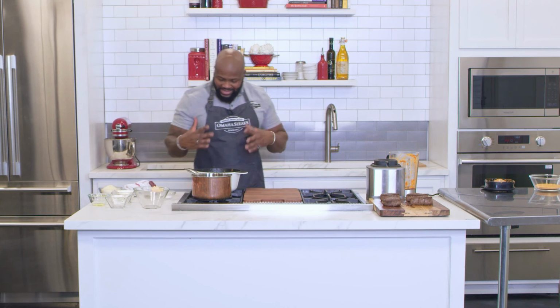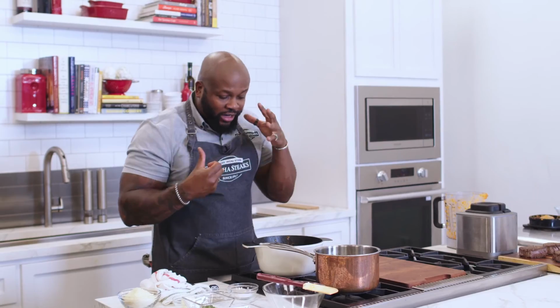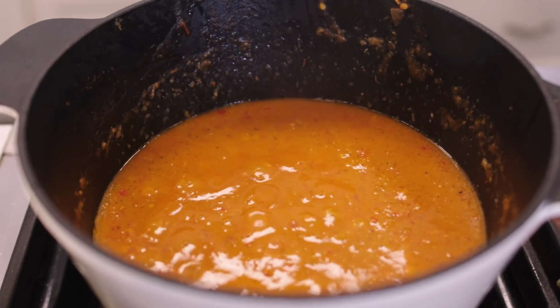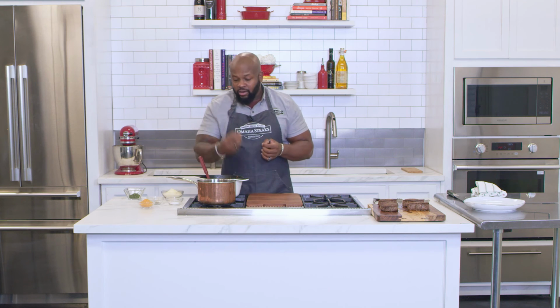Okay? So you let that simmer. You don't want it to go too fast because you don't wanna burn the ingredients, and you also want to allow the arborio rice adequate time to absorb that delicious red base as well as the chicken stock, because it's flavor, and more flavor. All right, so once the risotto has gotten nice and creamy and the arborio rice is tender, al dente to the bite,